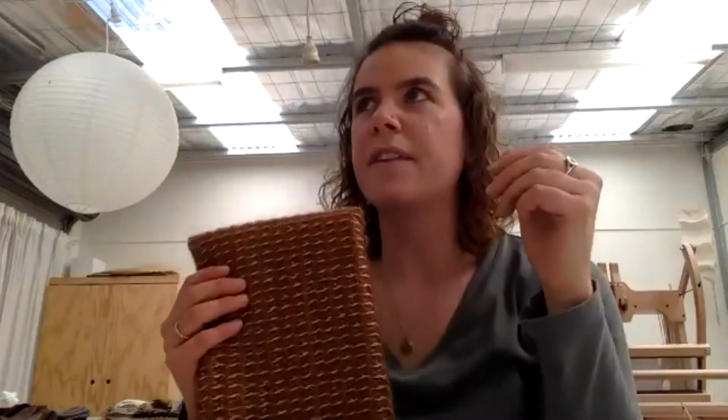So I think this one maybe took about a day. It's not huge amounts of time, but then there's all the setup of that piece as well. But something like a cushion cover, which is about 50 centimeters long, would take perhaps 45 minutes to an hour to weave. If you set up a warp one day, I usually do it over a day and a half because it's quite hard on your body sometimes, then you could weave 6 cushions in a day